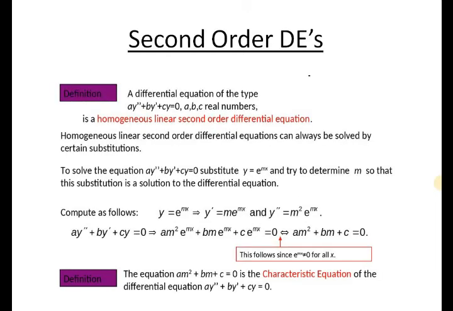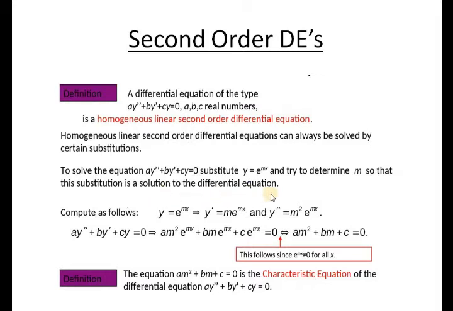Then we consider the homogeneous type of differential equations. That is, the general form of such equations will be a y double dash plus b y dash plus c y equal to 0. We can solve such equations by substituting y equal to e raised to mx in the given equation. Then we have to find the value of m such that the substitution will be a solution of the